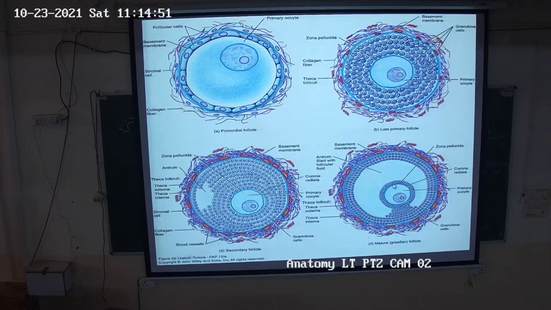We have primary oocyte which is surrounded by a homogeneous membrane which is known as zona pellucida. This bluish membrane is zona pellucida. Then zona pellucida is surrounded by the granulosa cells, follicular cells which are known as the corona radiata. Then the part that connects the primary oocyte towards the Graafian cells, these are known as cumulus oophorus, and that part that connects it is known as discus proligerus.